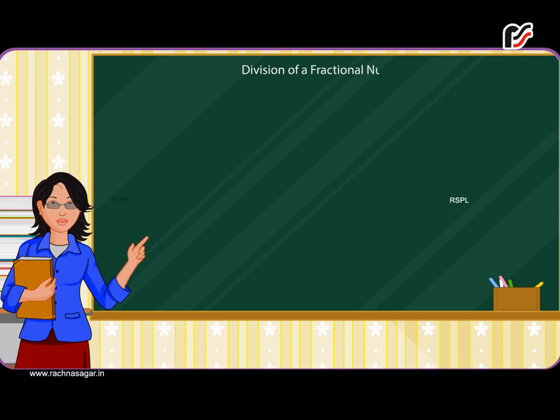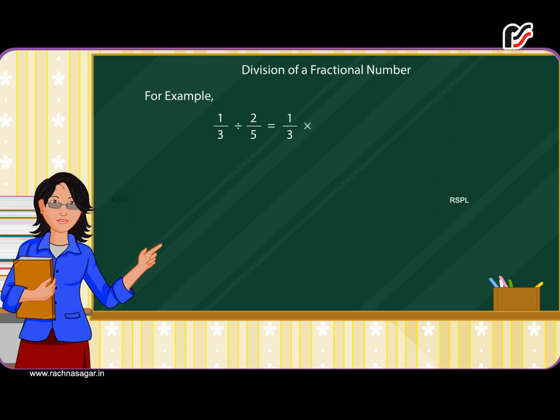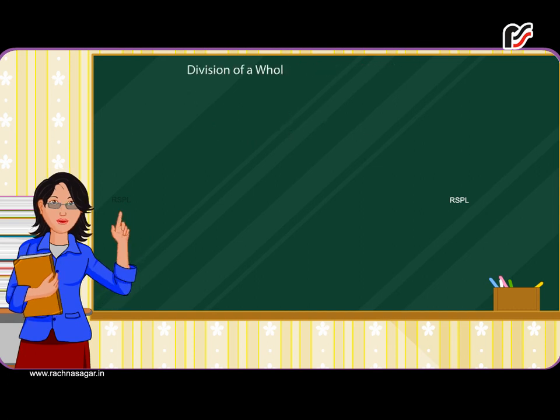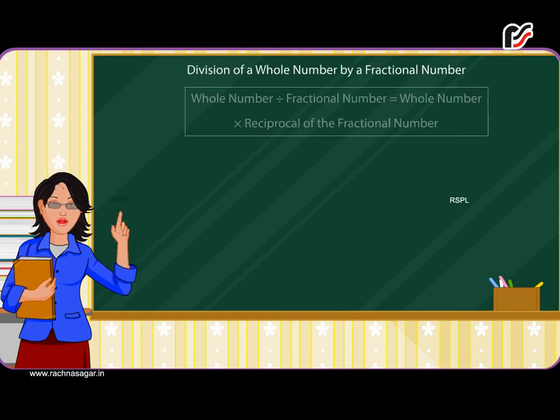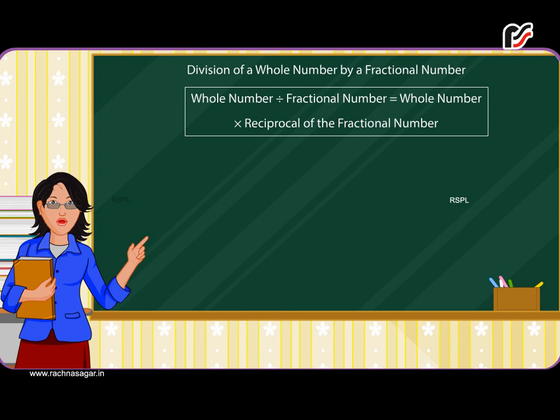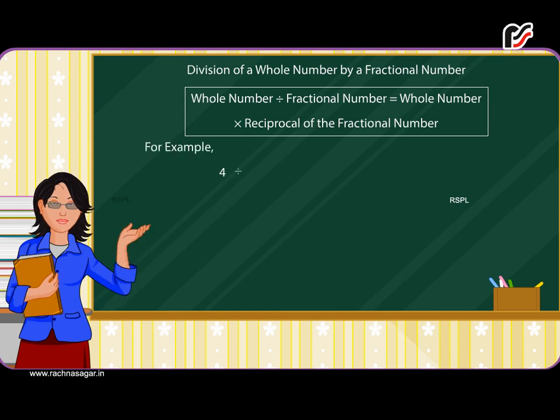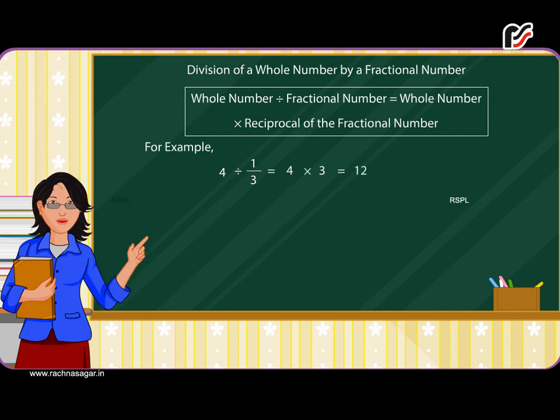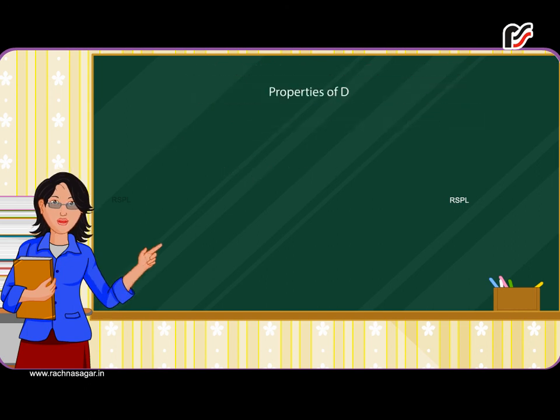Division of a fractional number by a fractional number. For example, 1 by 3 divided by 2 by 5 is equal to 1 by 3 multiplied by 5 by 2, is equal to 5 by 6. Division of a whole number by a fractional number. Whole number divided by fractional number is equal to whole number multiplied by the reciprocal of the fractional number. For example, 4 divided by 1 by 3 is equal to 4 multiplied by 3, is equal to 12. Properties of division. When a fractional number is divided by